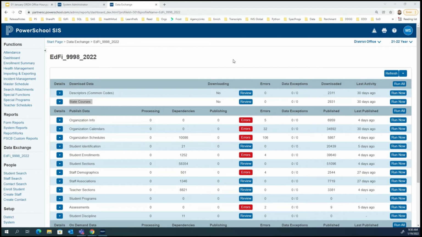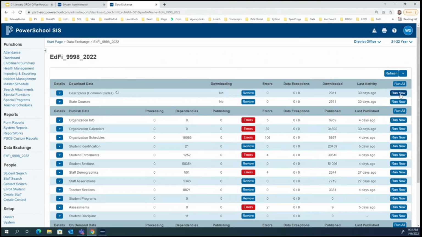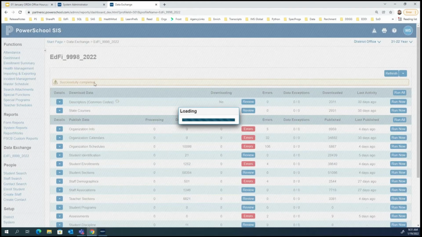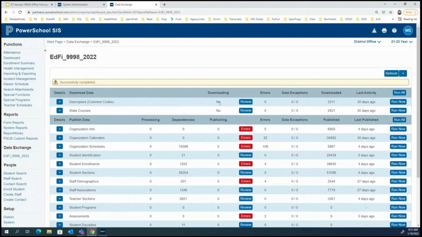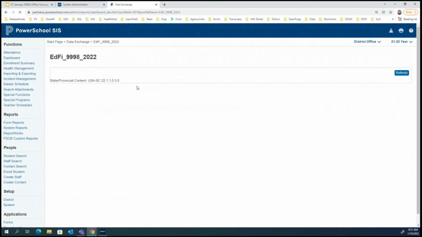Definitely. Wyatt gave a really good explanation here. So right here, we're just going to hit Run Now on these. You'll notice these have already been run, but let's see if it behaves as usual. Yep, usually this is kind of funny, it says successfully completed, but you don't see any change. So we'll just wait a second and refresh, and then see if there's a change.